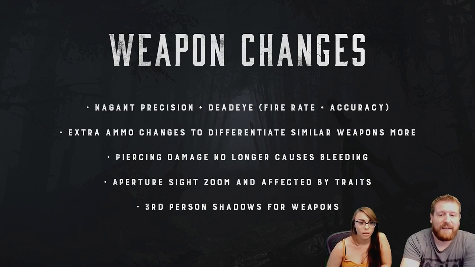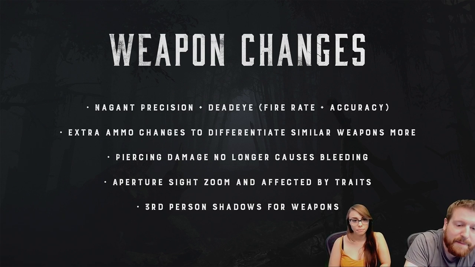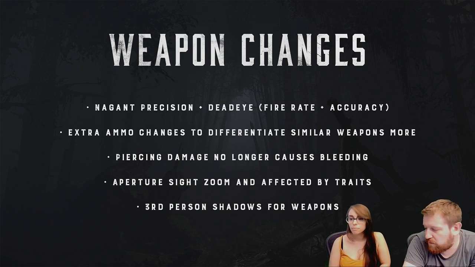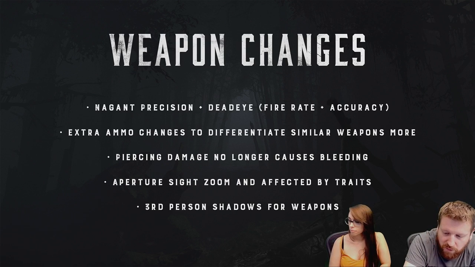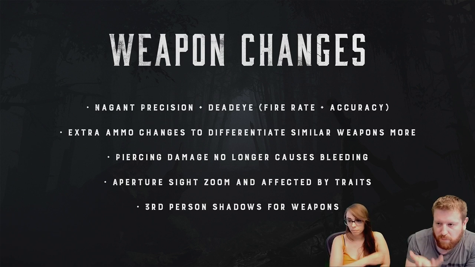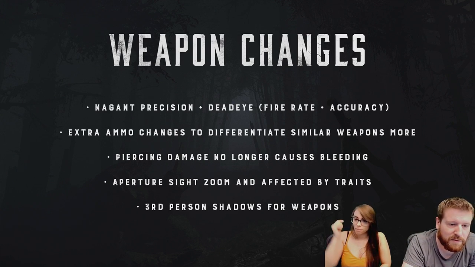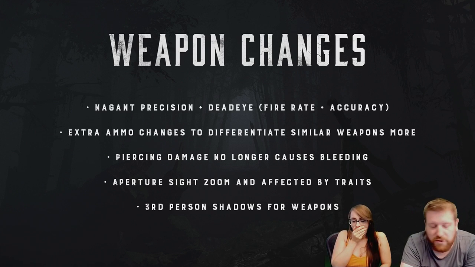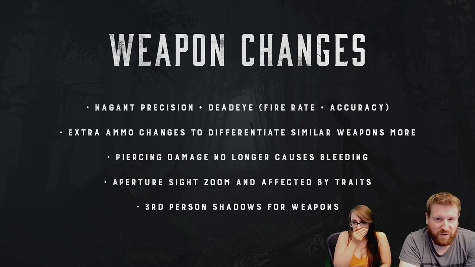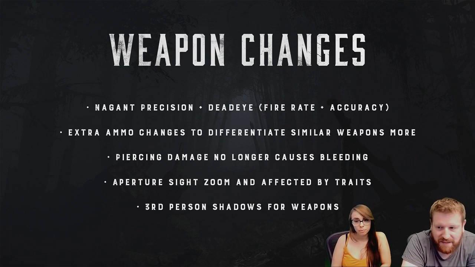Exactly. So we have another list of weapon changes. With 1.0, I mentioned it in one of the previous streams, we want to bring some of the weapons up to a more competitive level than they are currently. This is, for example, the Nagant Precision and the Nagant Deadeye, which are on their own not really bad, but also not really good. So there's always a better option. I mean, yes, you can have a Winfield on the medium slot technically with a Precision, but